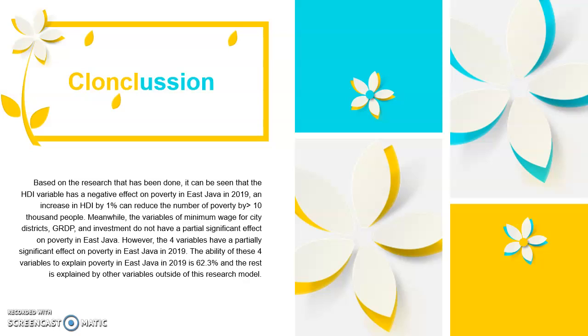So the conclusion is, based on the research that has been done, it can be seen that the Human Development Index variable has a negative effect on poverty in East Java in 2019. An increase in Human Development Index by 1% can reduce the number of poor people by more than 10,000. Meanwhile, the variables of minimum wage for cities and districts, GRDP, and investment do not have a partially significant effect on poverty in East Java. However, the four variables have a simultaneously significant effect on poverty in East Java in 2019. The ability of these four variables to explain poverty in East Java in 2019 is 62.3%, and the rest is explained by the